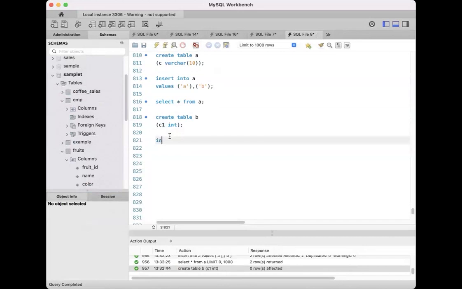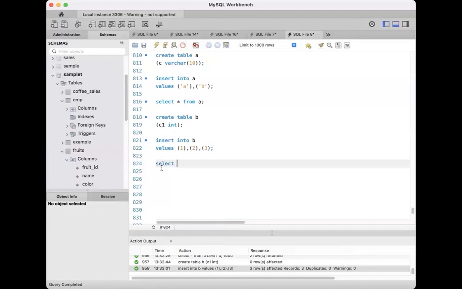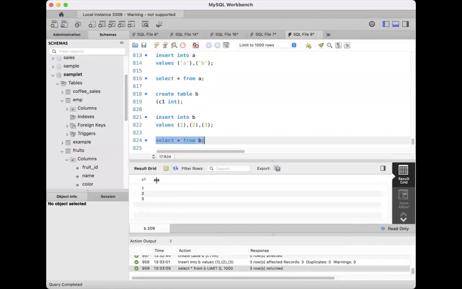So insert into B values 1, 2, and 3. If I do a select star from B, you will see that it has only 3 rows, 1, 2, 3, likewise. Now what I'll do for cross join is I'll just select